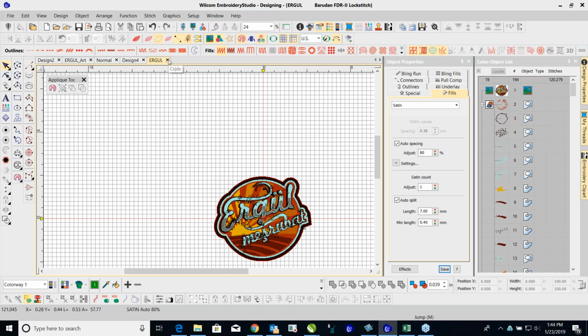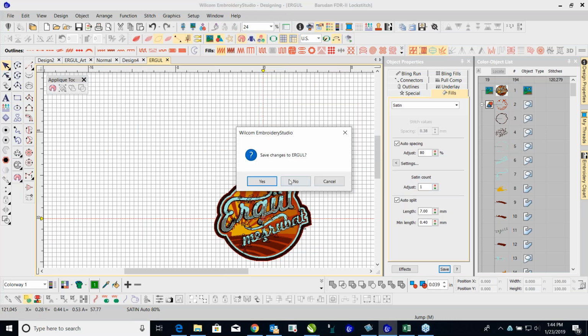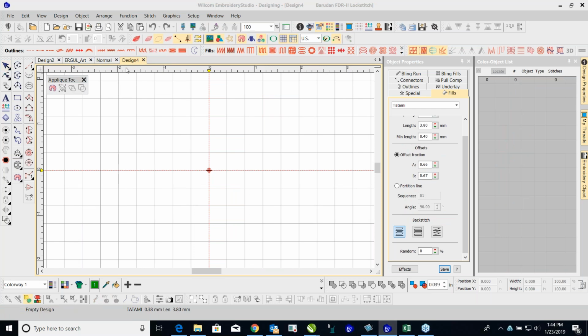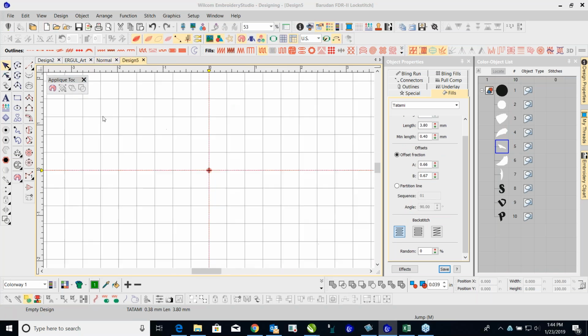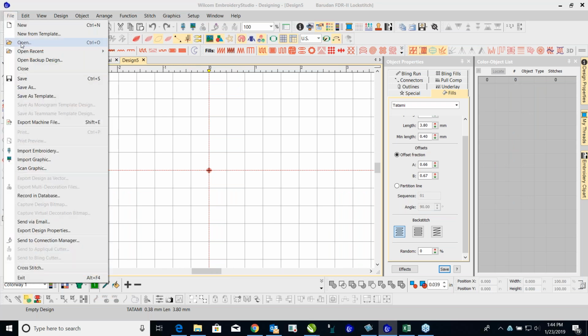Up top here you also have your designs, and you can close them out much faster. You have much faster access to them here also. You can click here and you can delete them. So now if I go to my new page and I'm going to import that design in, we have to do it differently now. Okay, if I go to File and I open that file up,